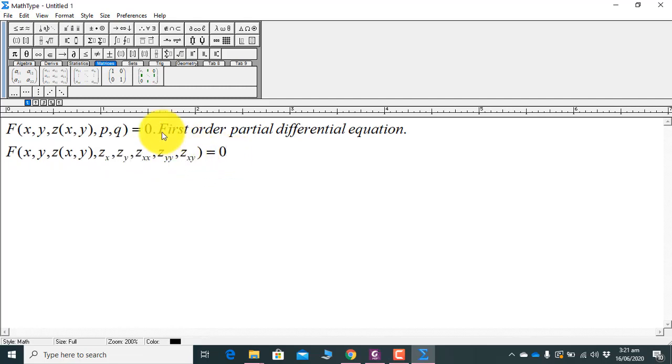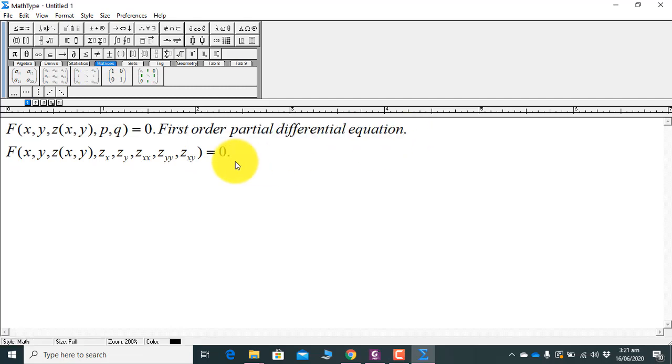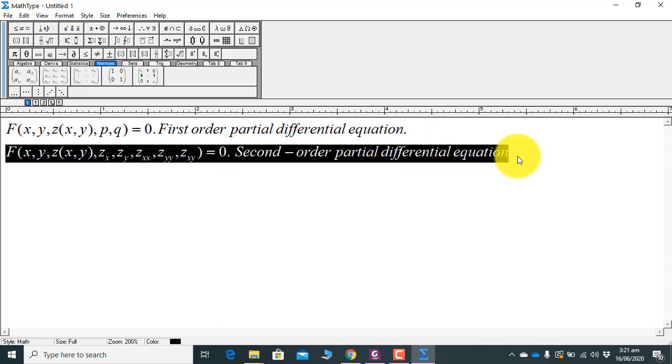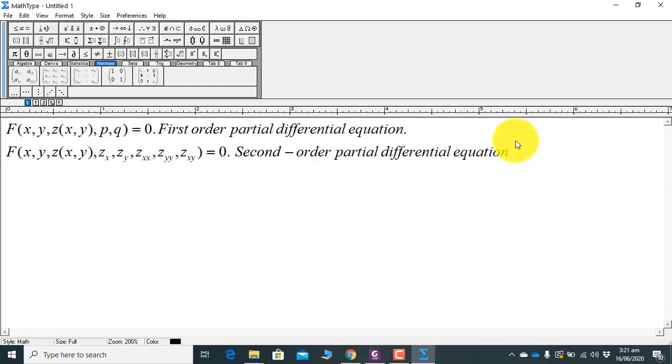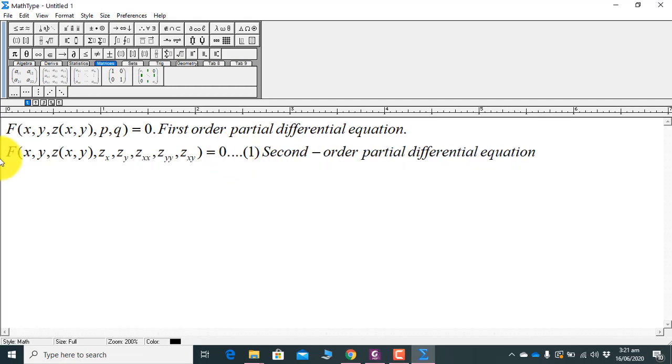This is in general regarded as a second order partial differential equation. So this is our topic and we are going to start with a particular case. Name that relation as 1. So equation 1 is generally a second order partial differential equation, but we are going to start particularly